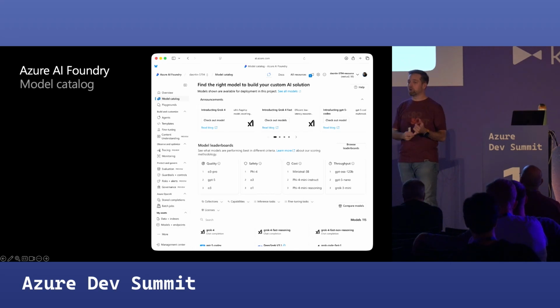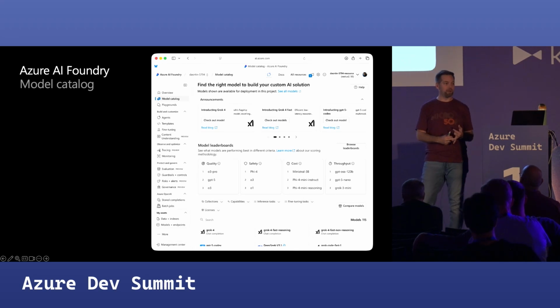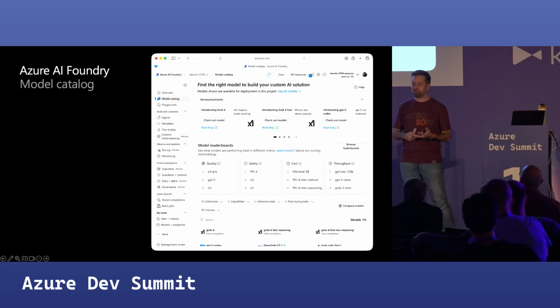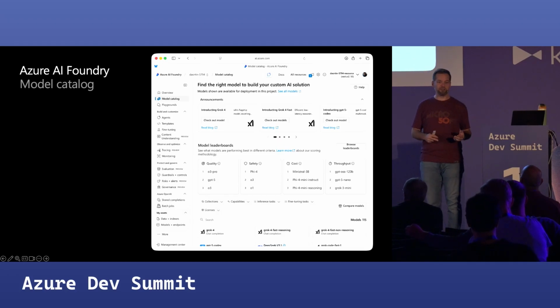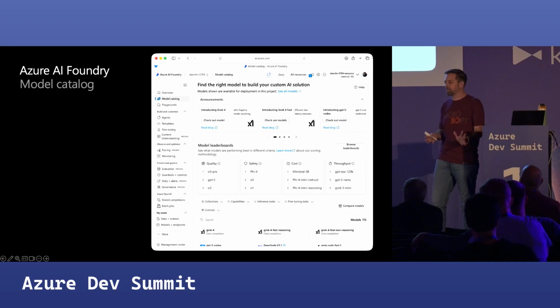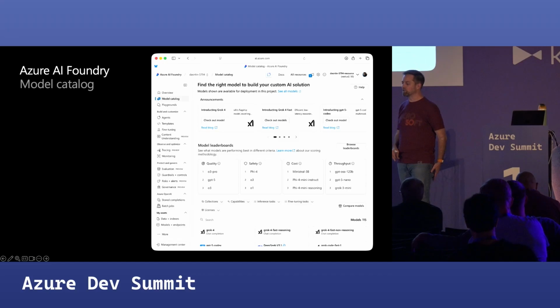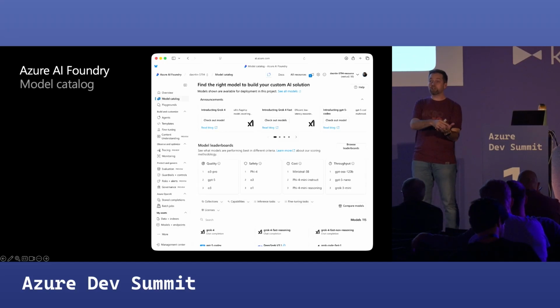And so again, it has all the Hugging Face stuff in there. It has all the OpenAI stuff in there. It's got stuff in there, I don't even know what it is. For years, people kept talking about phi this and phi that. And I was like, fee, fi, fo, fum? What is that? But yeah, it's another model. And so you can go in there, you can pick them. You can also see what are they good at? What are they not good at? What are they rated for? What is their performance, with latency, all those sorts of things. And you can compare them one against another.